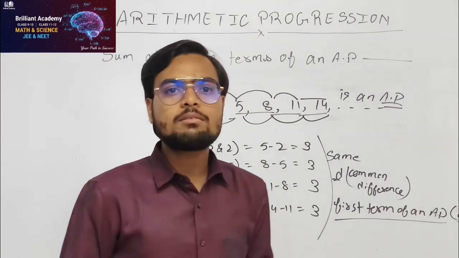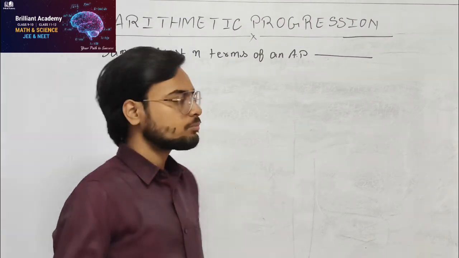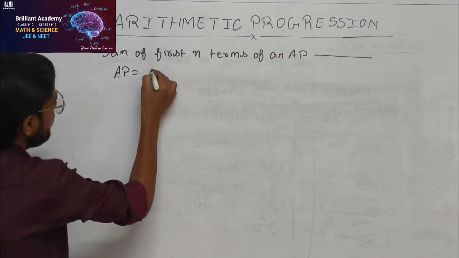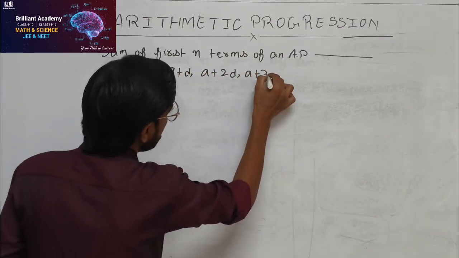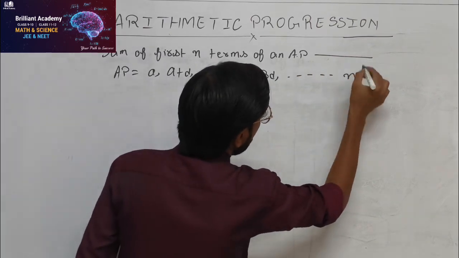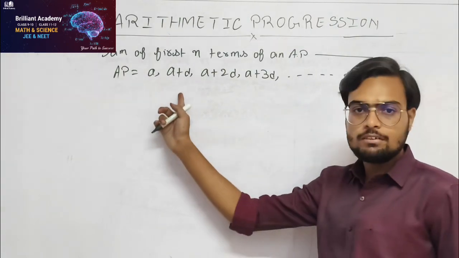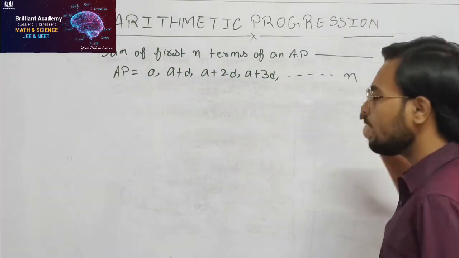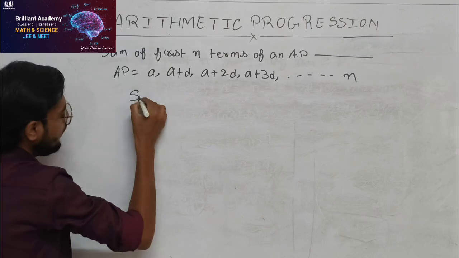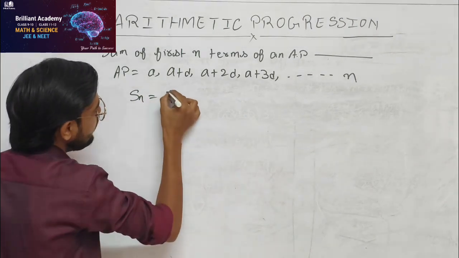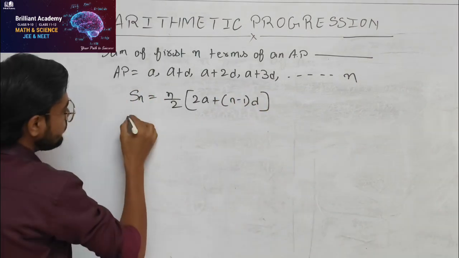Okay, now let's move towards our proof of finding the sum of n terms of an AP. Now suppose we have an AP: a, a plus d, a plus 2d, a plus 3d, up to n number of terms, and we have to find the sum of the first n terms of this AP. We have a formula for finding the sum of n terms, which is Sn is equal to n by 2 in brackets 2a plus n minus 1 into d,